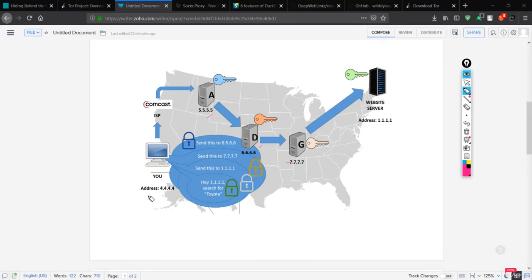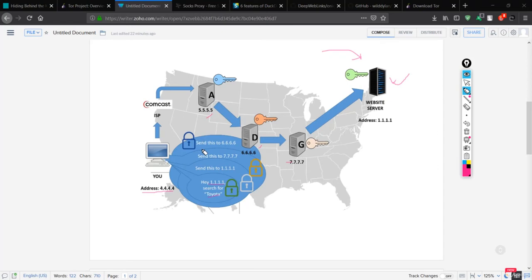So basically what happens now is, if you just give the address, that is your IP address. Let me show you the example: we are going to search for maybe Toyota car in google.com, which has the IP address of 1.1.1.1. You can see that the only thing this server can track is your IP address and your data. So this server, which is google.com, can trace you back and get every piece of information that you do on the internet.